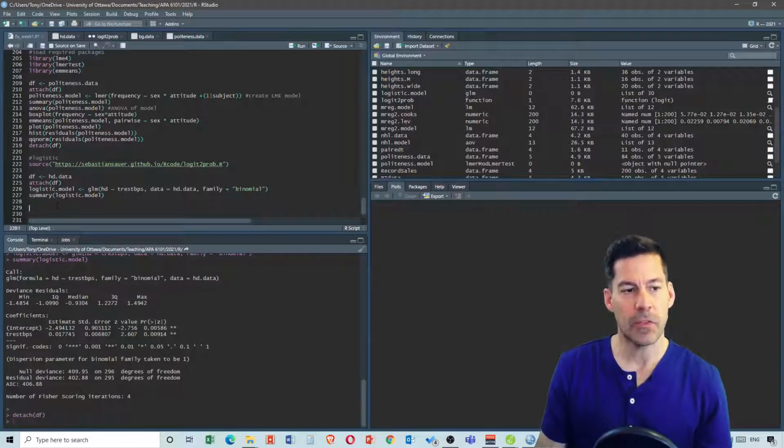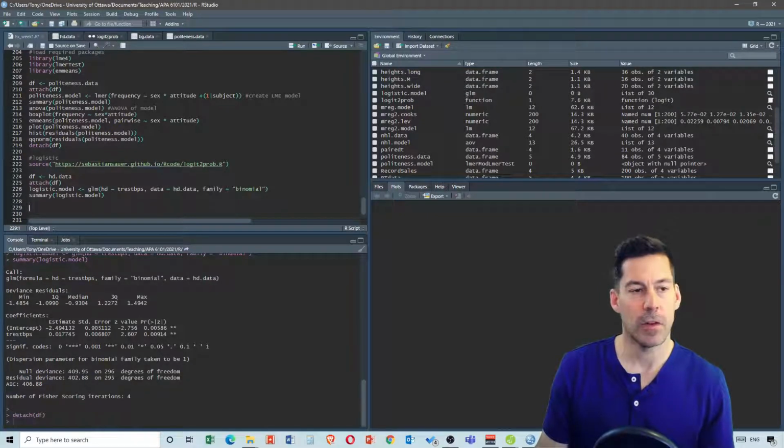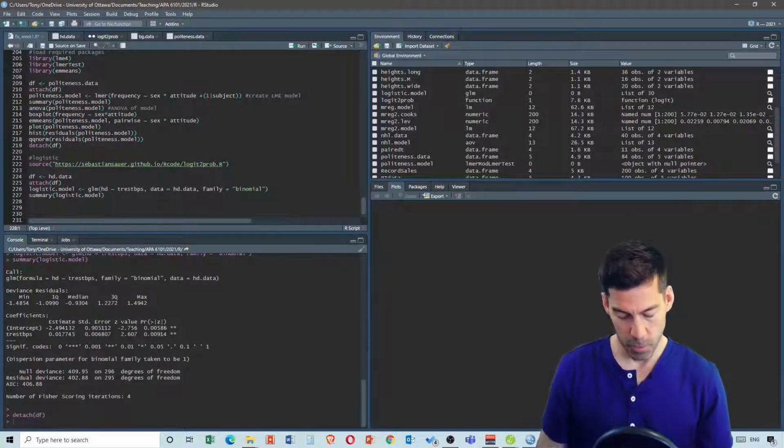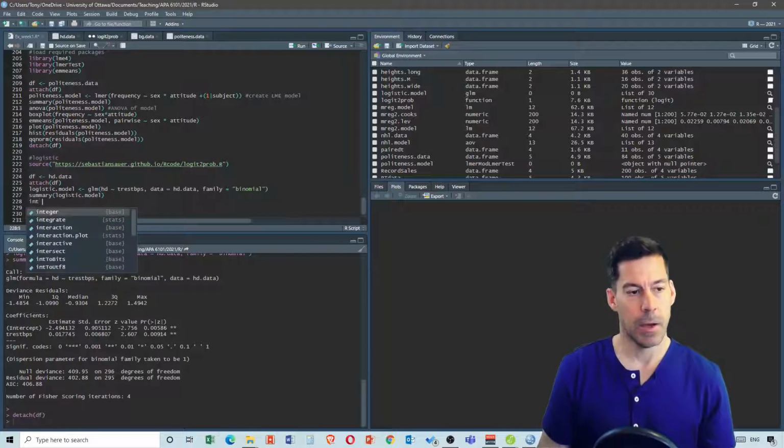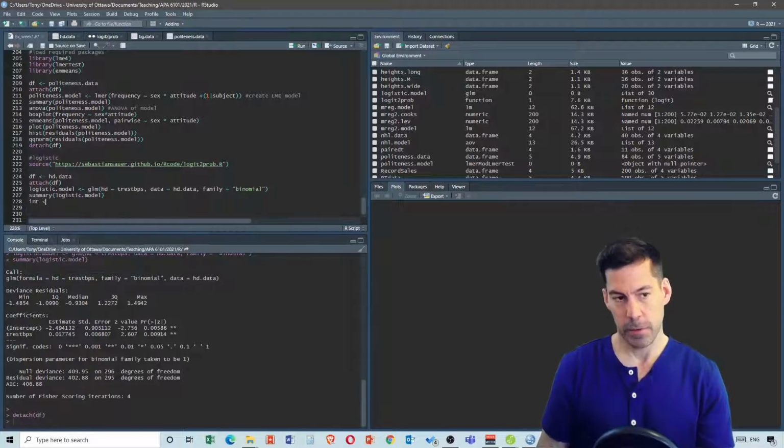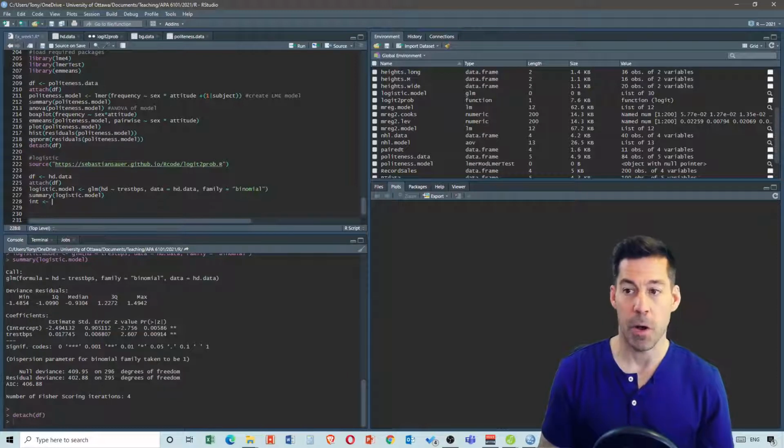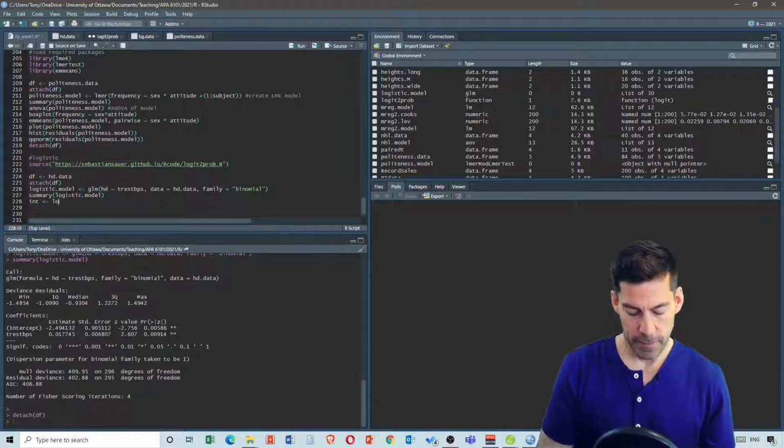We need to supply to this logit to prob an intercept and a slope. So we need to get the coefficients out from this model and put them into intercept and slope. So why don't we just make a new variable called intercept, or a new object that contains